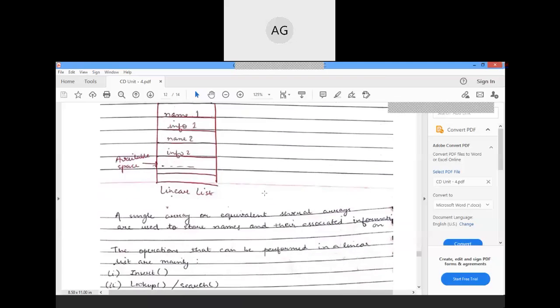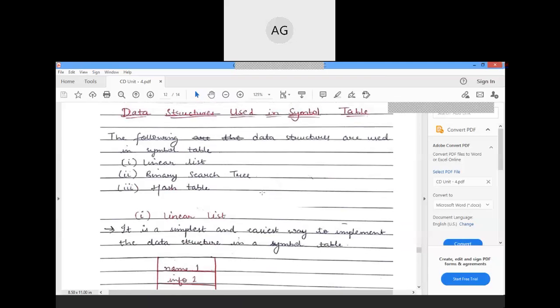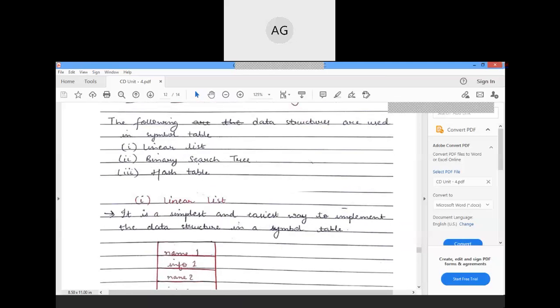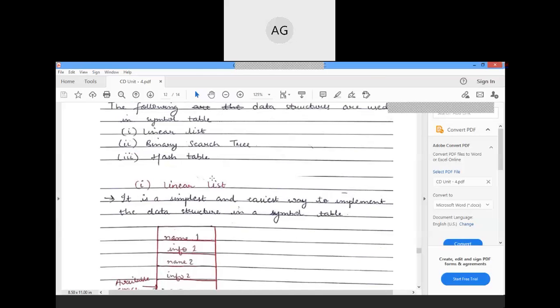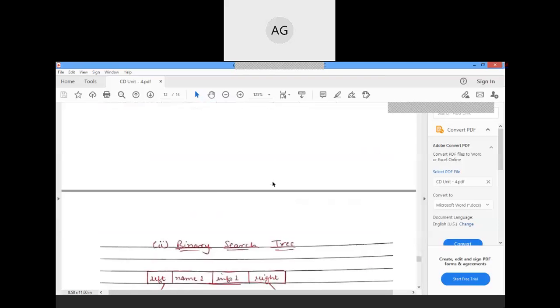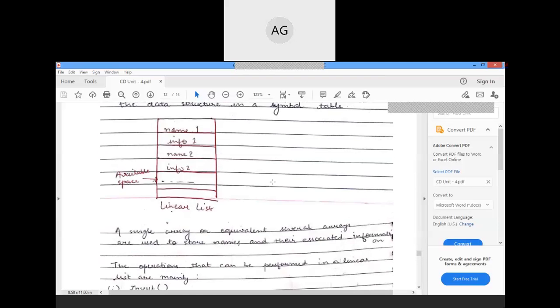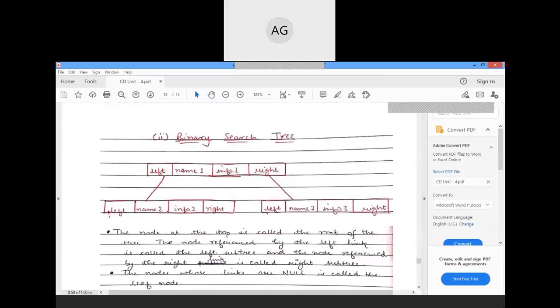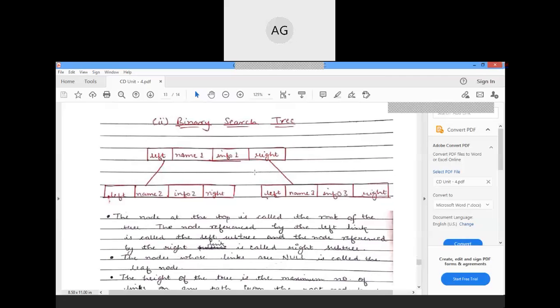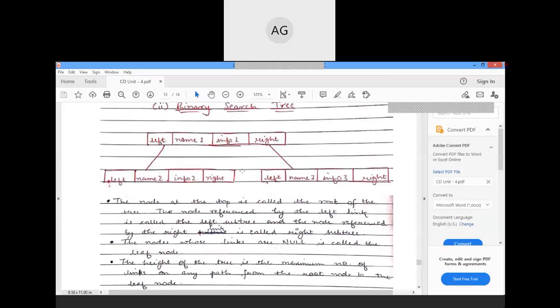So that concludes our fourth unit. You just need to go through these types of data structure. First is the linear list, then the binary search tree, and then the hash table. All of them have some advantages and disadvantages, so just go through it. The linear list is of this type, as you already studied. The binary search tree is of this type, as you already know that in the case of a binary search tree, the root is there. Then the left hand side has values less than the root, and the right hand side has